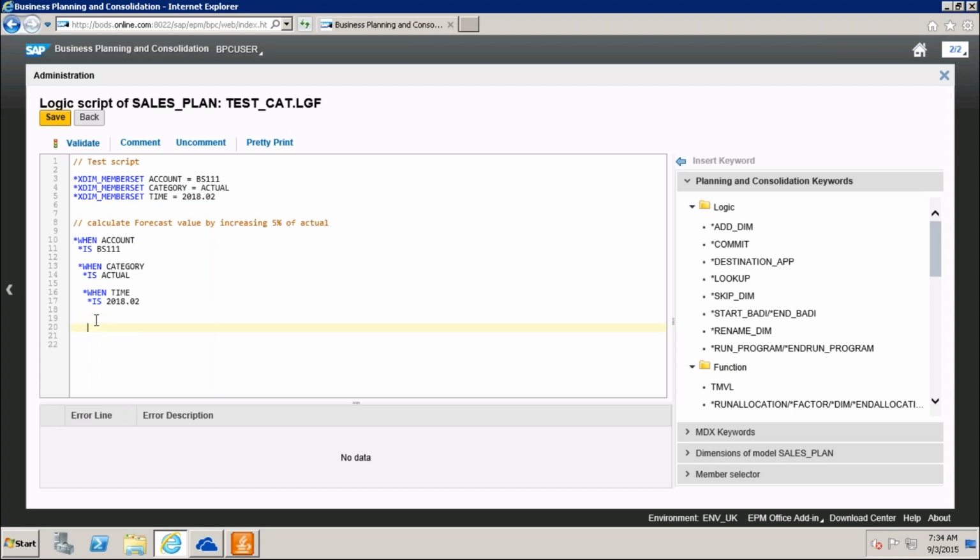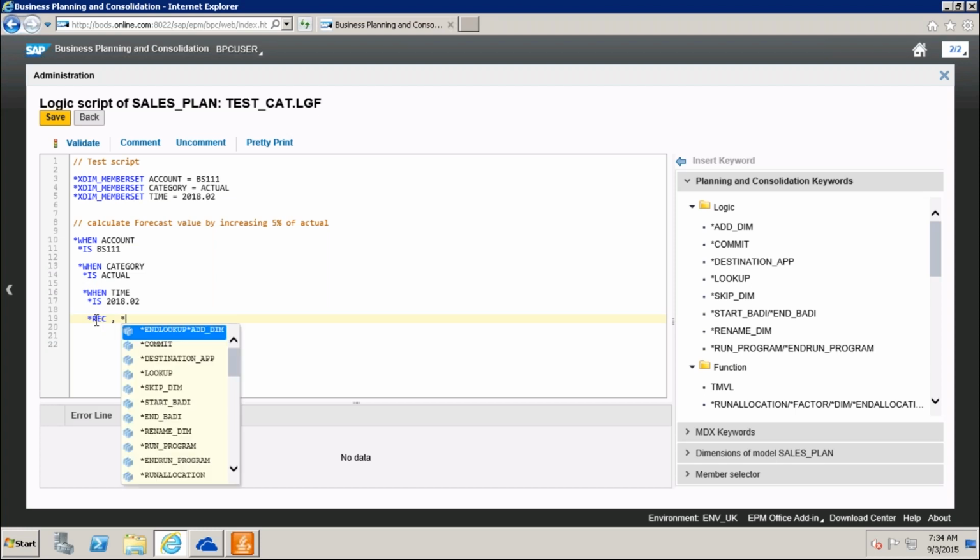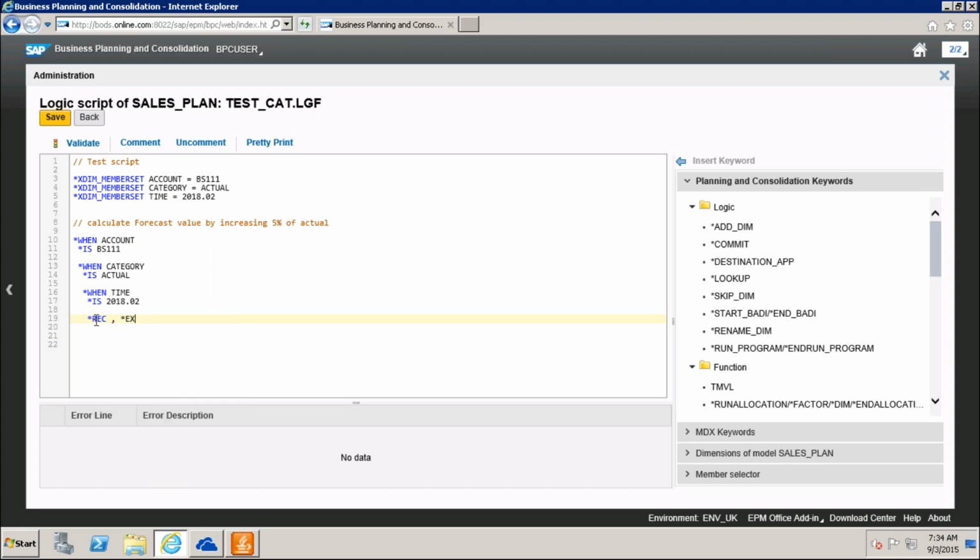Here we have two syntaxes. One is star rec, rec means record, and another one is star expression.